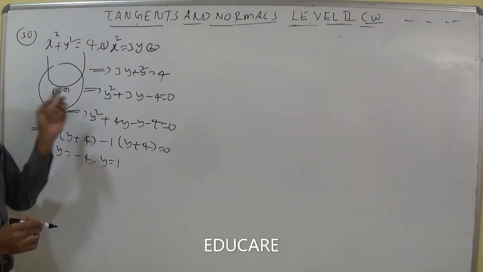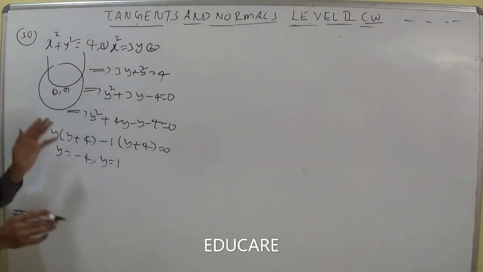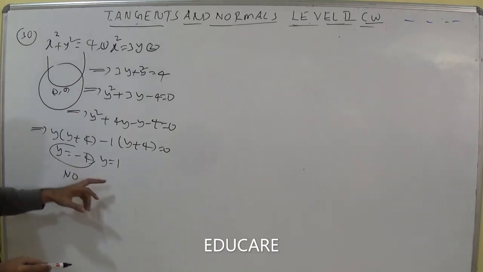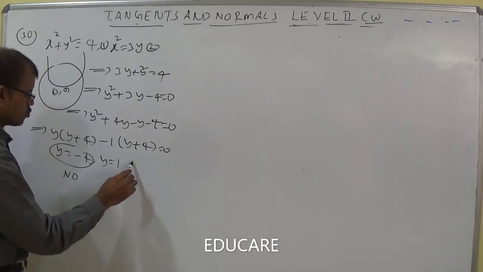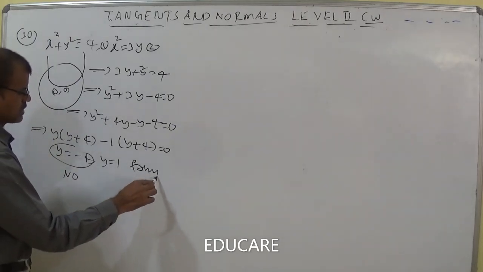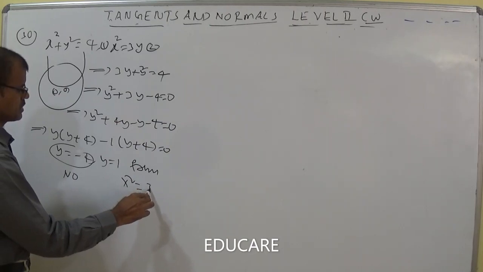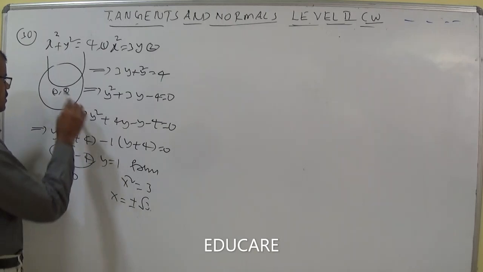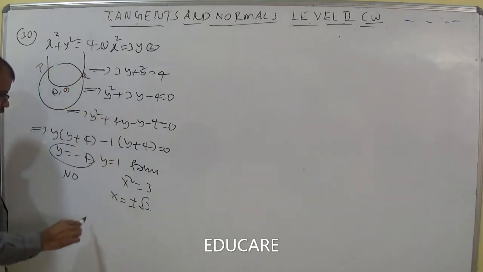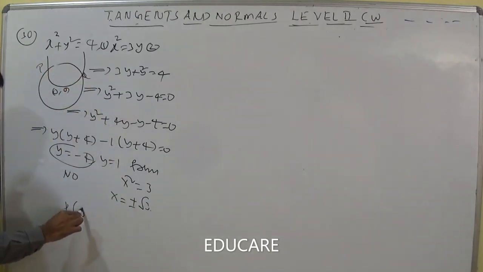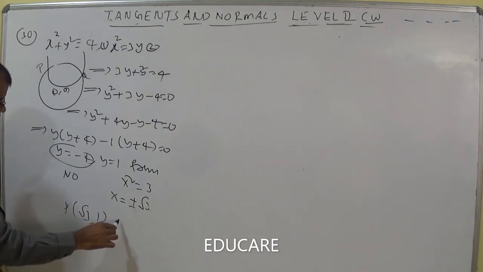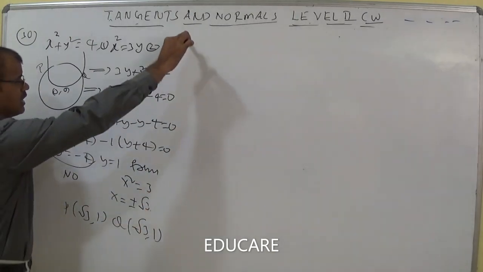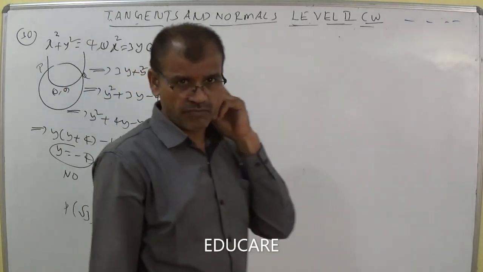If y is equal to minus 4, x square equal to minus 12. Don't take it, y negative you should not consider. If y is equal to 1, then from 2, whenever the point of intersection is not given, you should calculate it. X is equal to plus or minus root 3. Therefore, the points of intersection P and Q are: P is equal to root 3 comma 1 and Q is equal to minus root 3 comma 1. Only at one point we can calculate, it is enough.